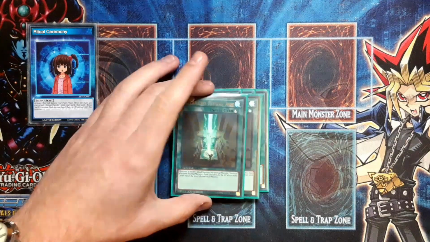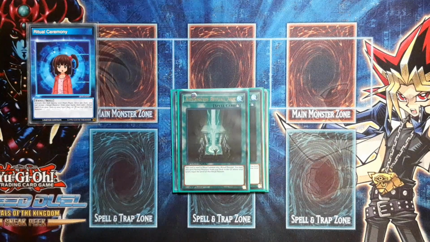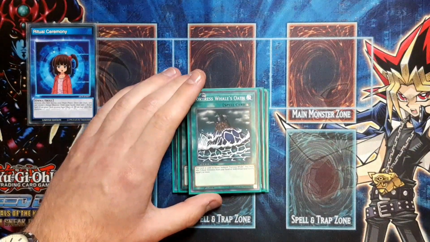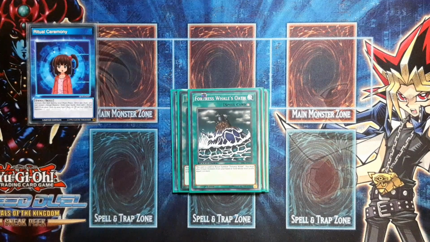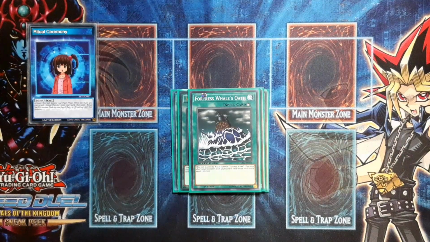Next up for the spells here, we have our ritual spells, that being 2 copies of Advanced Ritual Art to dump those Red Eyes Black Dragons, and 1 copy of Fortress Whale's Oath. Basically, you don't need more than these 3 ritual spells because you're never going to summon more than 3 Fortress Whales ever. You don't need more than 2 copies of Ritual Art, because you only run 2 copies of Red Eyes Black Dragon, so you can only activate 2. And Fortress Whale's Oath combos off with Red Eyes Spirit. If you bring back a Red Eyes, you can tribute it off with Fortress Whale's Oath to summon your